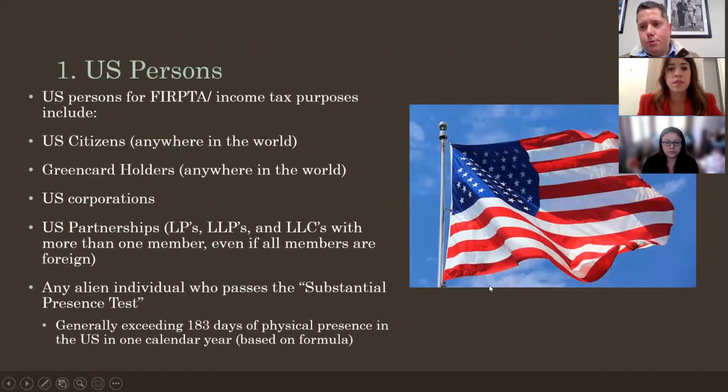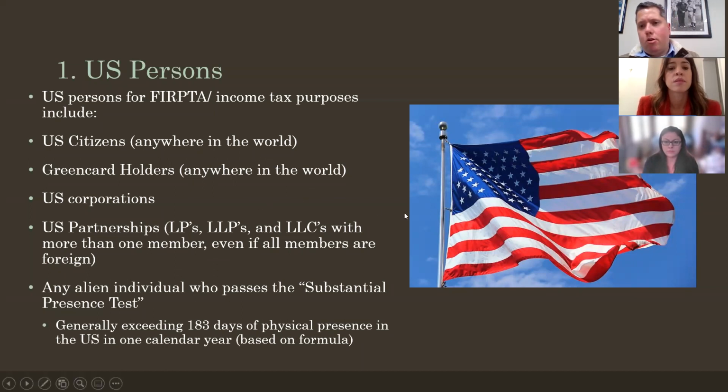So U.S. persons, what's a U.S. person? Well, right at the top of the list is obviously U.S. citizens. Probably most of you are familiar that if you are a U.S. citizen, then you are subject to income tax on your worldwide income, no matter if you live in the United States or not. Vast majority of countries have what we call a territorial tax jurisdiction system, where if you're not a resident of that country, even if you're a citizen, you're not subject to the income tax laws of that country. Not for the United States. The United States says if you're a U.S. citizen, to keep that privilege of U.S. citizenship, you have to pay your U.S. income taxes wherever you are in the entire world, even if you've never lived in the United States before.